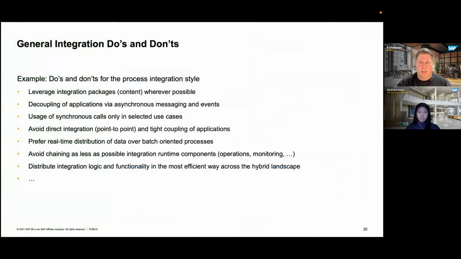I also mentioned at the beginning that the do's and don'ts that you specify is one of the most important things, because you want to provide integration developers guidance here. And this is why we've listed here just some of them. For example, that you leverage integration packages wherever possible. So it provides actually a